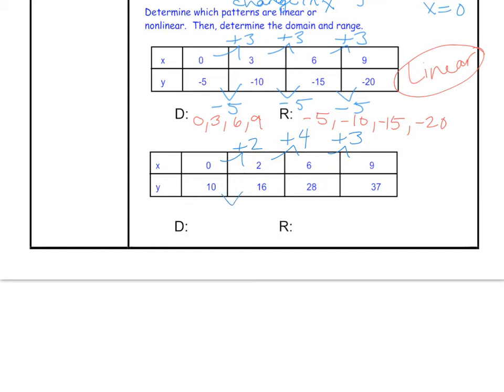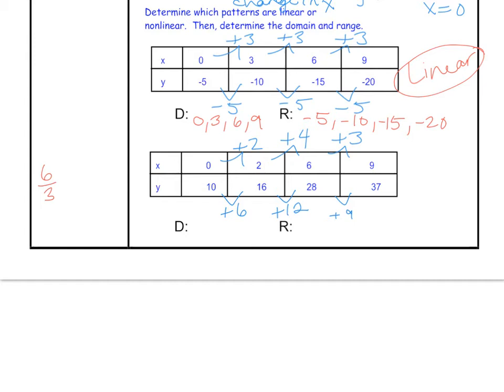From 10 to 16, it's plus 6. 16 to 28, that is plus 12. And 28 to 37 is plus 9. Okay. Looking at these right now, it doesn't appear that we have a constant rate of change, but check this out. If I write these fractions out,